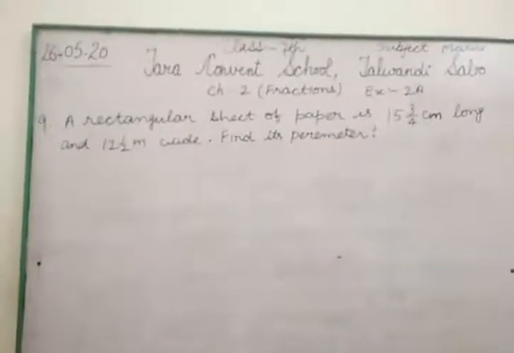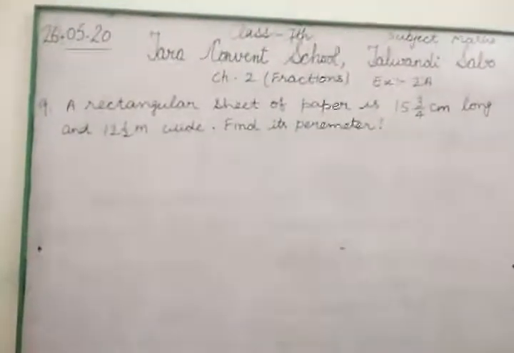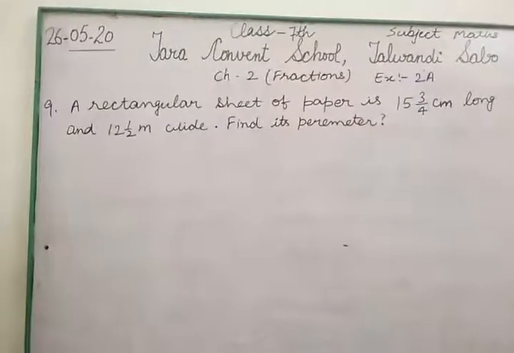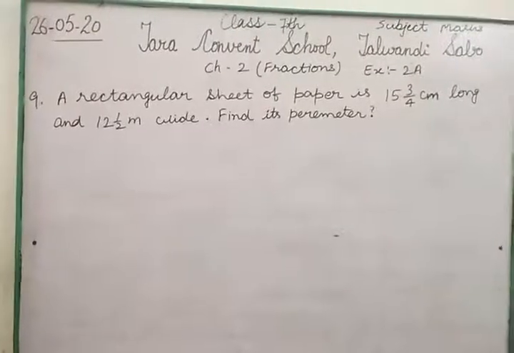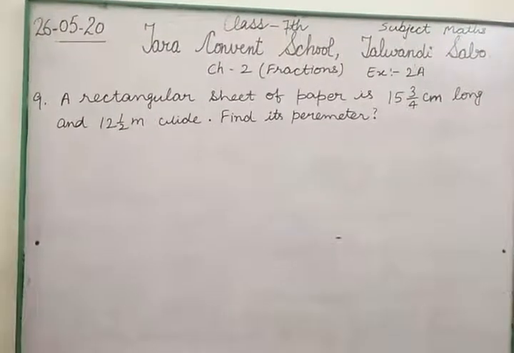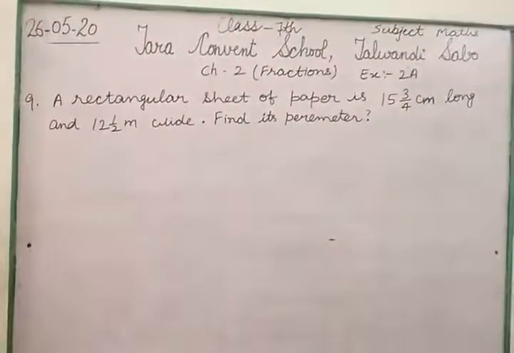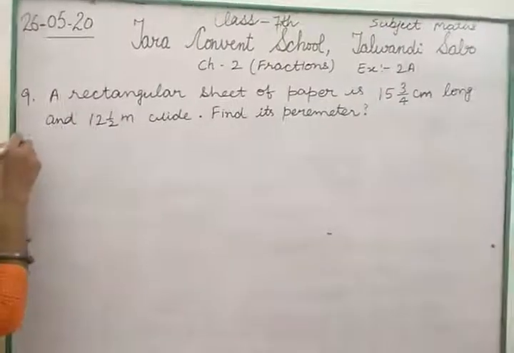Today we will discuss chapter 2, fractions, exercise 2a. It's the 9th sum. As we have already done 8 sums of exercise 2a, our 9th sum is: a rectangular sheet of paper is 15 3/4 centimeter long and 12 1/2 centimeter wide. Find its perimeter. So its solution is